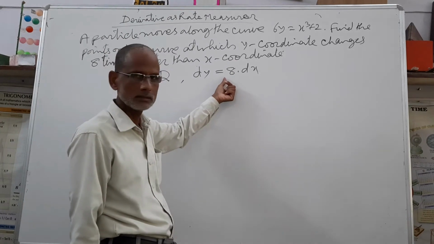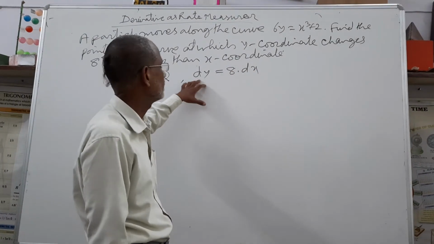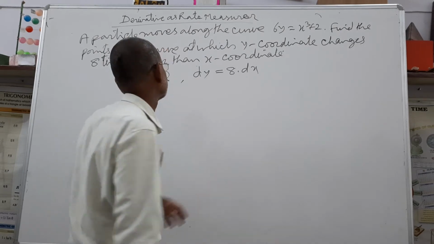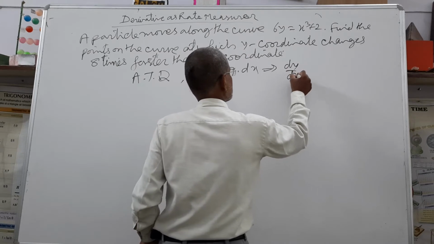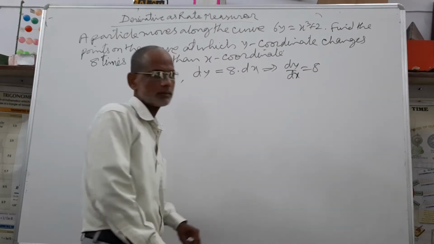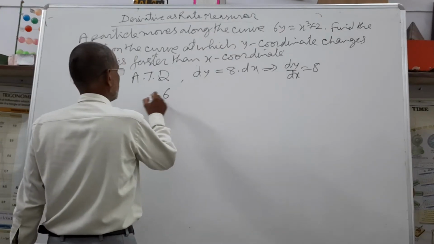Multiply 8 in change in x. Dx means difference of x. Dy means difference in y. This implies dy dx is equal to 8. This is given. But also